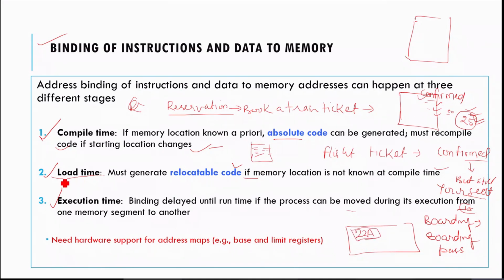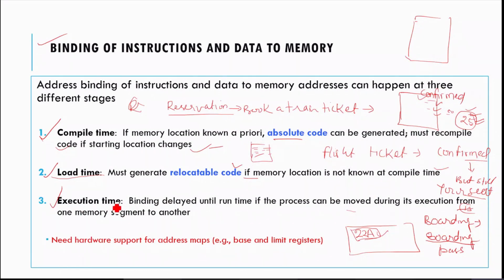So what had happened actually? At load time you got this, not at the time of booking your ticket. One seat is reserved for you, but on which seat you will actually be sitting while traveling was decided at boarding time only. That will be printed in the boarding pass. I think this example is clear now.